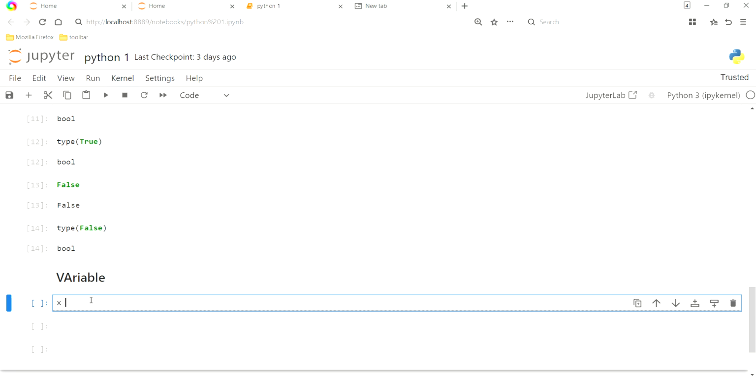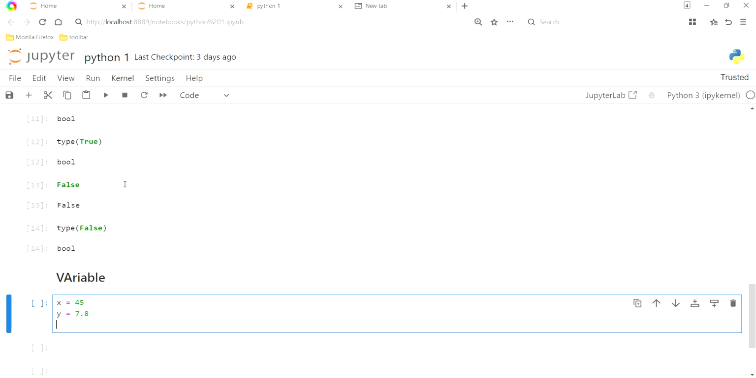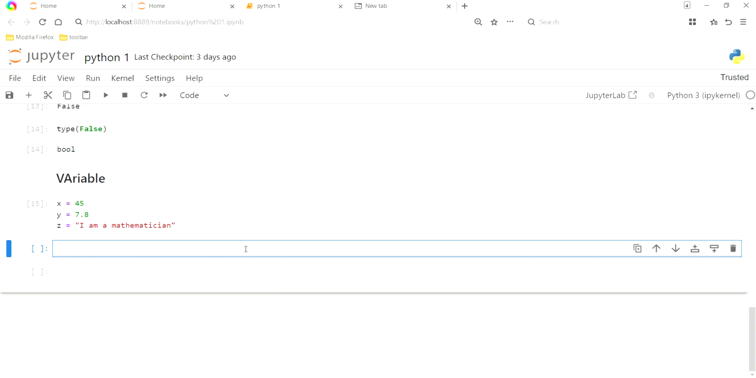If I say that x is equal to 45, then I say that y is equal to 7.8. So if I want, then I say z is equal to "I am a mathematician". So if I run this now, so if we call out my x, maybe if I'm doing my